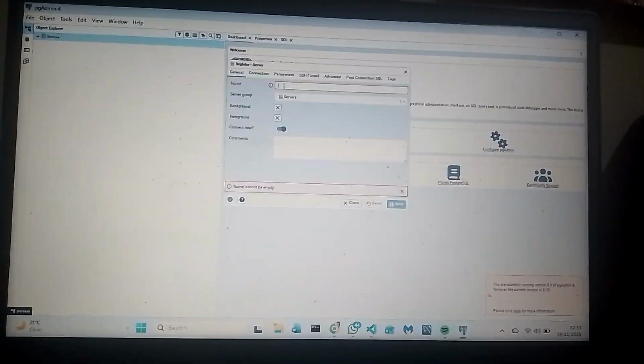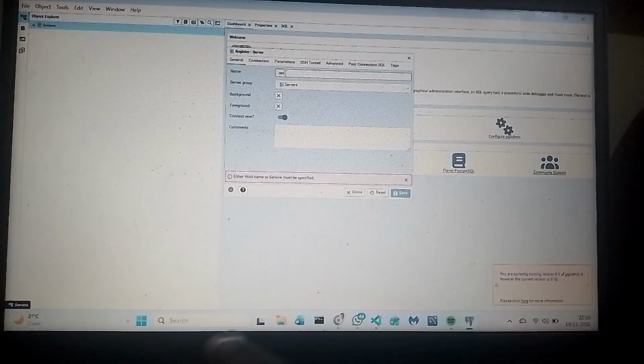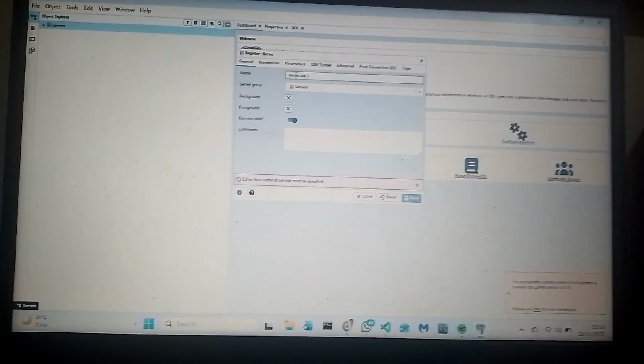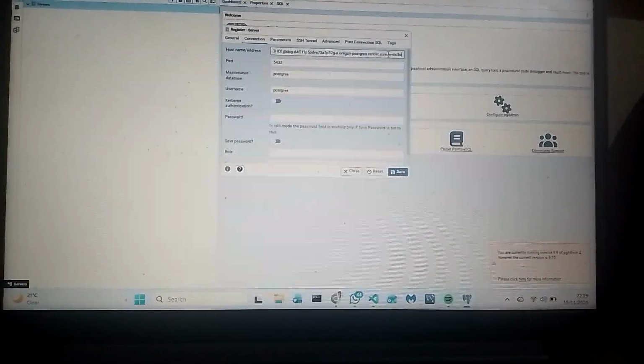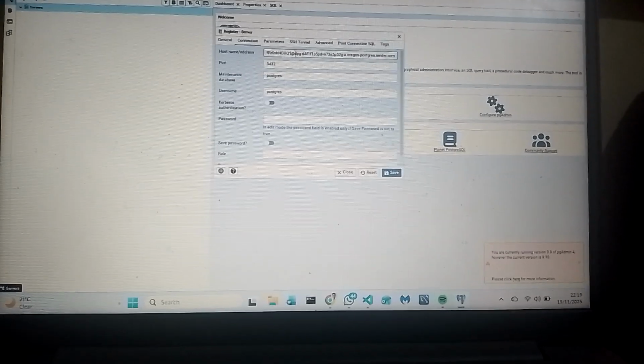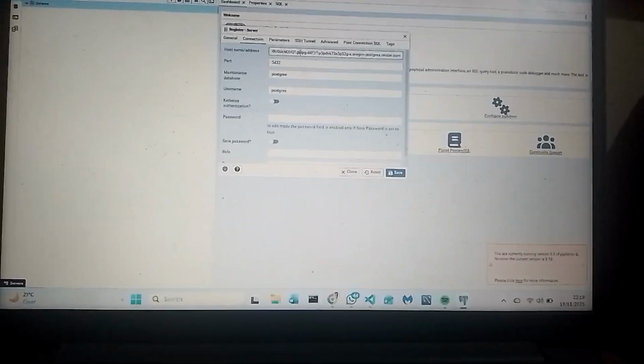So it will offer you this one, and then you enter the name render.com for your convenience, and then you switch to the connections, and for the connections you paste this link which you copied, and then you find the slash at the extreme end, and everything after it you will delete, and then you find the @ symbol like at Gmail, that symbol @ and then everything starting from it to the initial start you will delete. So you will come here and include the maintenance database, the database name that we stored,